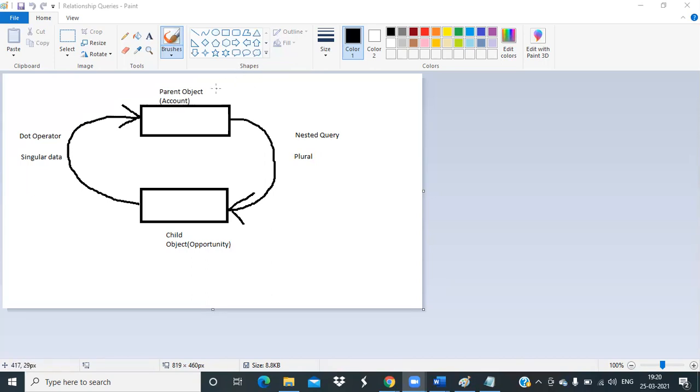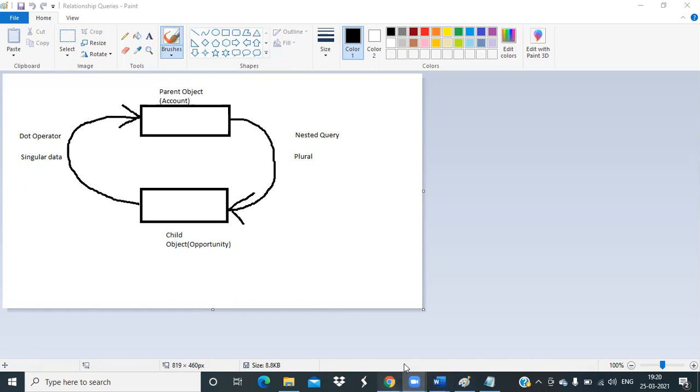Okay. So just practice if you have not done it. I have already shared the practice sheet. If you can make those queries by yourself, or just by referencing, you will get the idea of how the relationship query works.